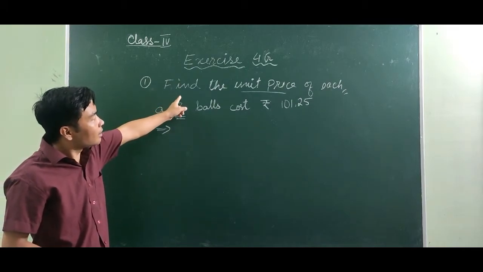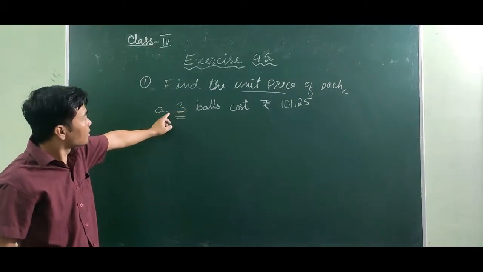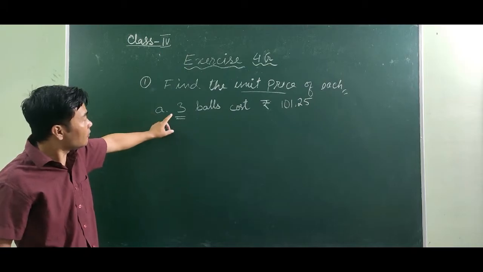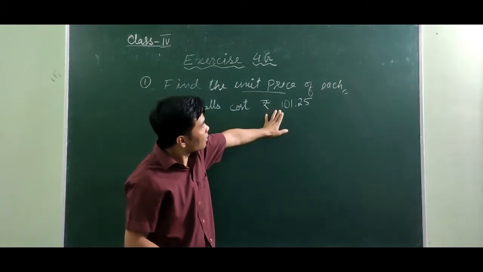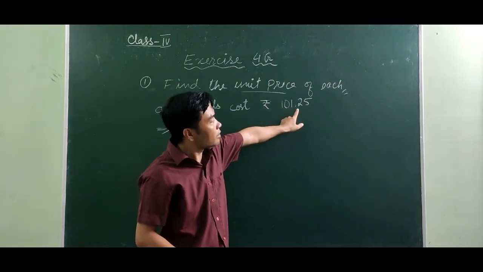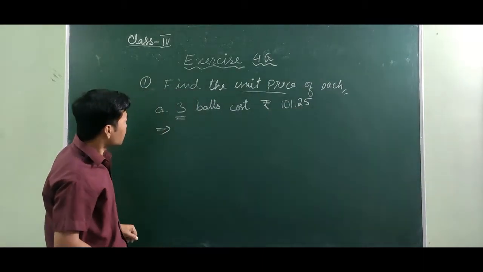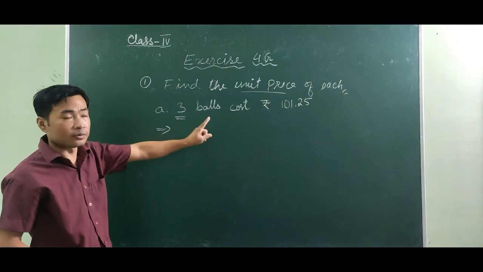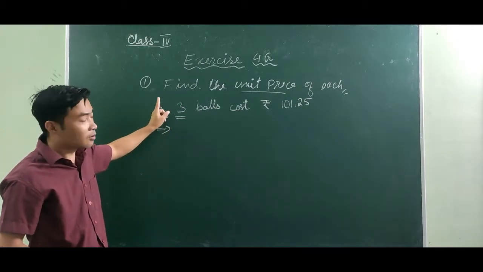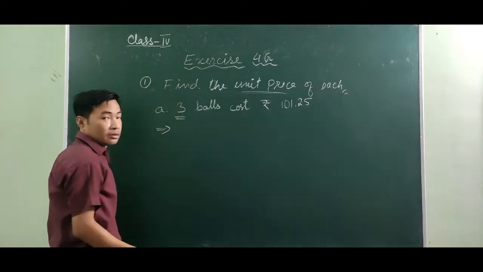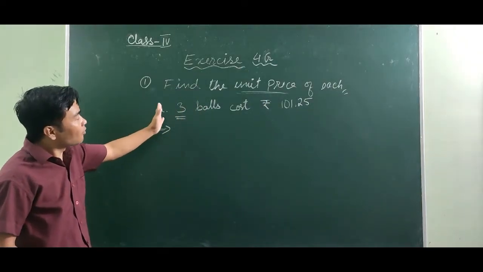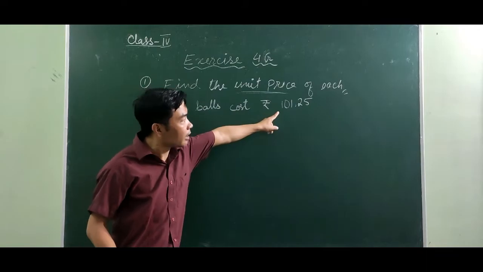1. Find the unit price of each. So the question number A, we have 3 balls cost rupees 101.25. Now this is the price of 3 balls. We have to find the price of 1 ball. So unit price means for 1 ball. So let's start. So we have to find out the price of 1,